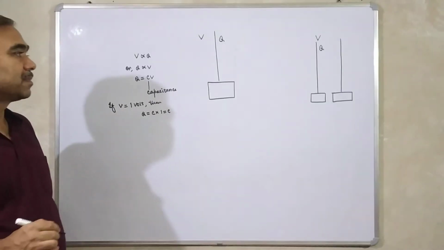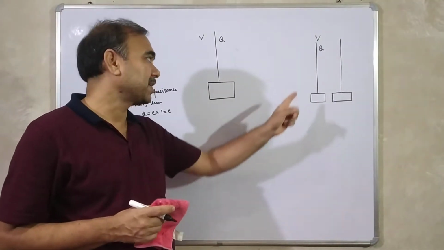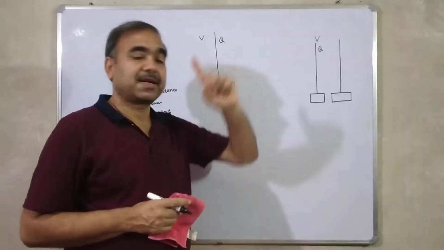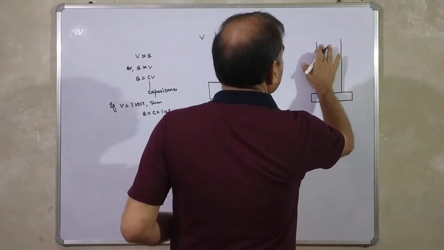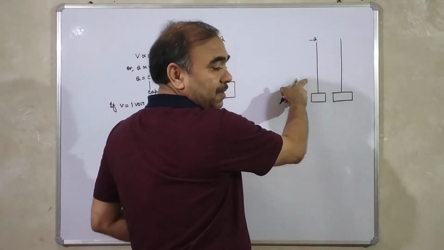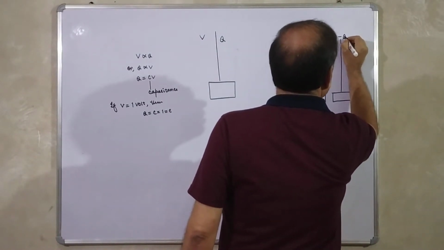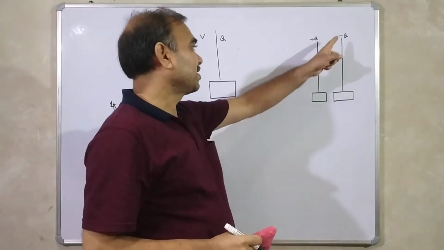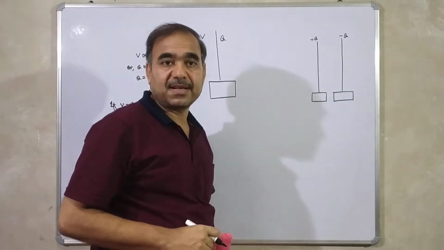In case of a capacitor, there is an arrangement of conductors. Suppose we have taken two conductors, like one conductor, this is the second conductor. If there is charge plus Q on this one conductor, then minus Q will be the charge on the other conductor. Right. You know why the charge on the second conductor is minus Q. Induction, you have studied it.